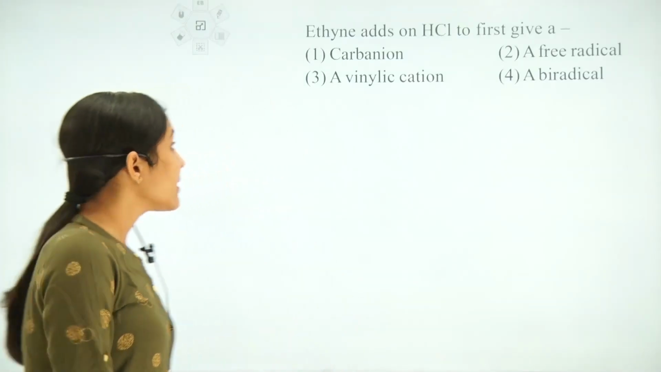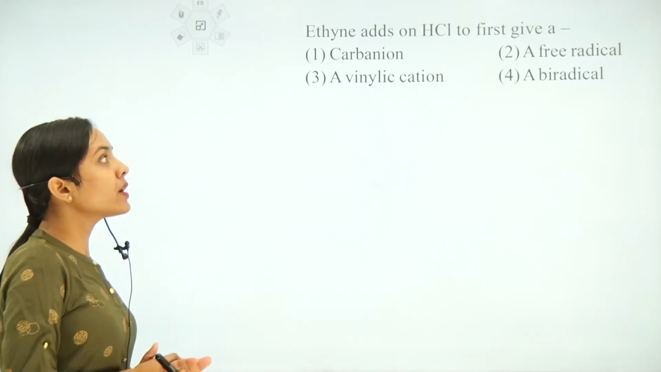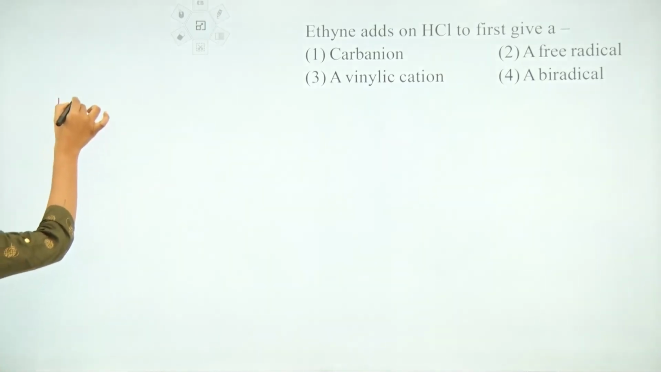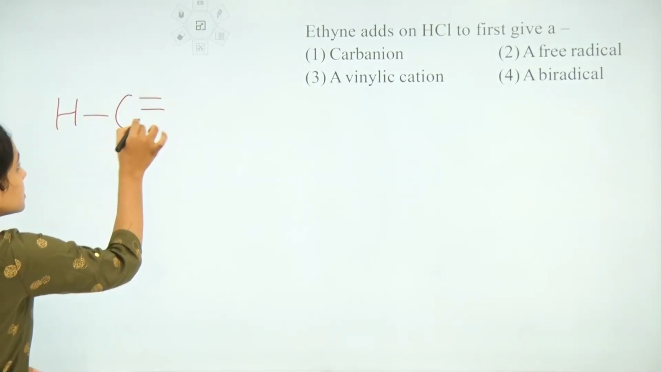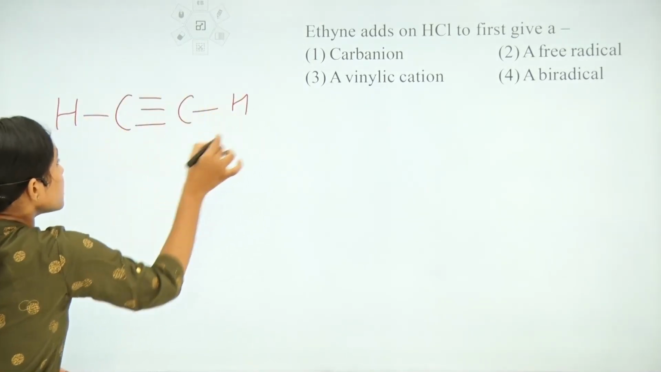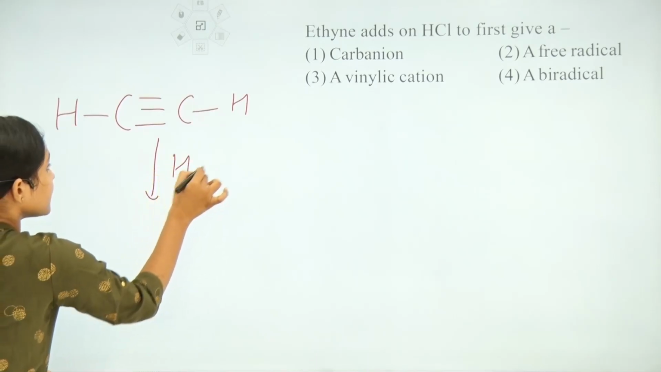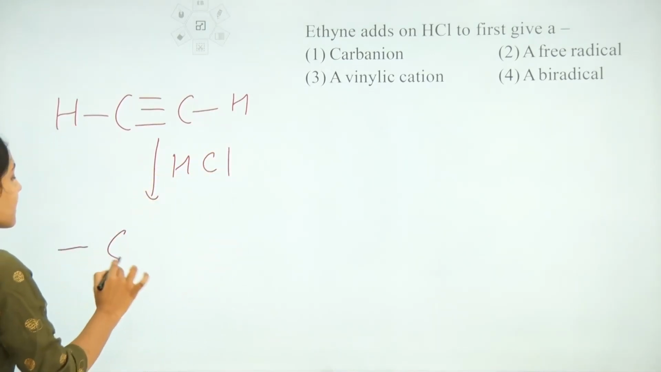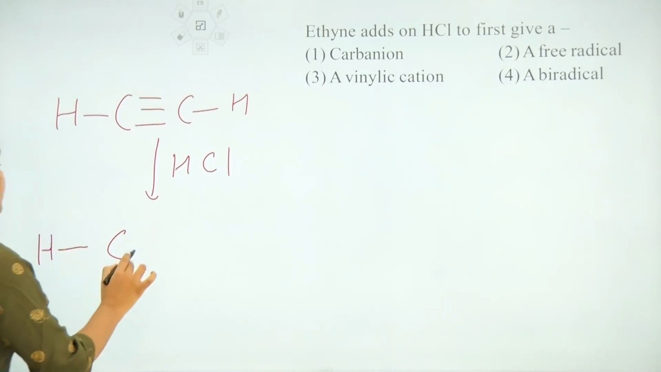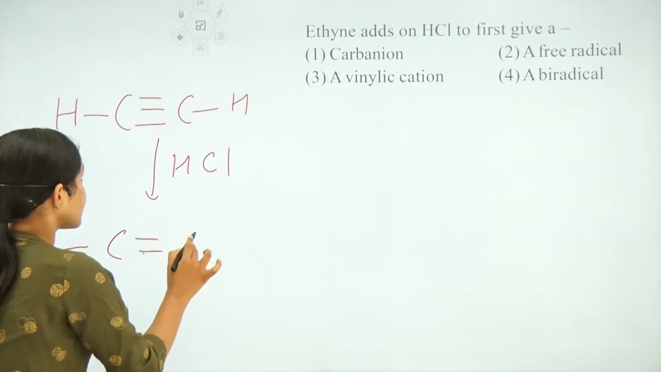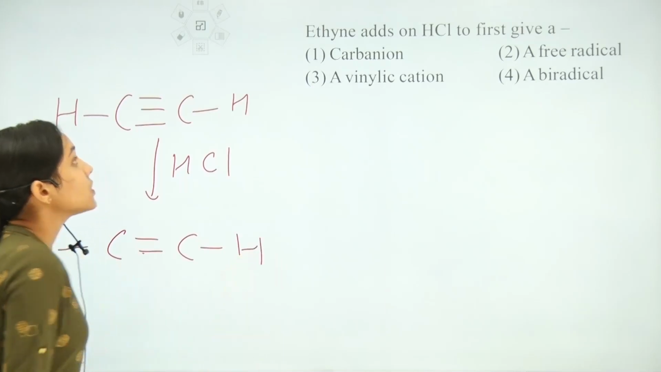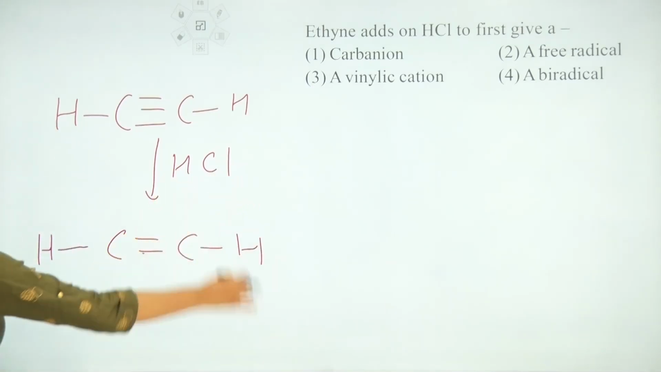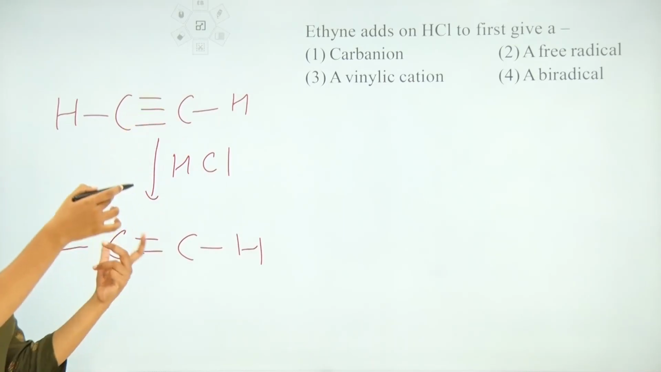Hello dear students, so our next question is, ethyne adds on HCl to first give A. So we have this ethyne, this is our smallest alkyne molecule. When this ethyne reacts with HCl, first of all it will give us... when this ethyne adds on HCl to first give A, the pi bond electrons of this pi bond